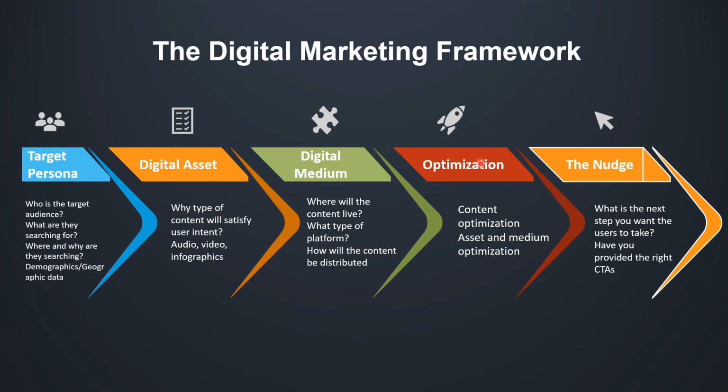In terms of optimization, it's basically trying to make sure that you use the right meta title and meta description, you add the right keywords, and make sure that your content is well optimized so that search engines can easily find it. So that's the optimization step, which is enhancing your content so that search engines can crawl it and are able to understand what exactly that topic is about.